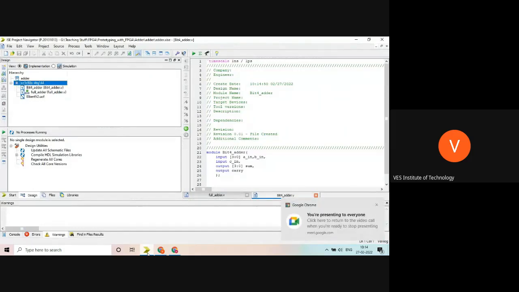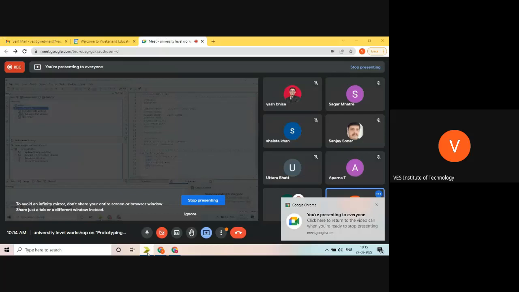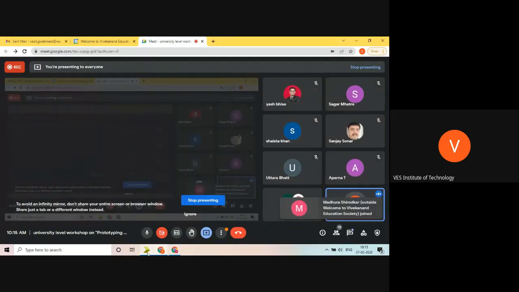I hope now everyone is okay with the Xilinx. Everyone has installed the Xilinx. I have not floated the assignment because many people were facing problems with installation and were not able to cope up with many things. So I have not floated the first assignment up till now, but today I will float all the assignments. All assignments will be on by today.